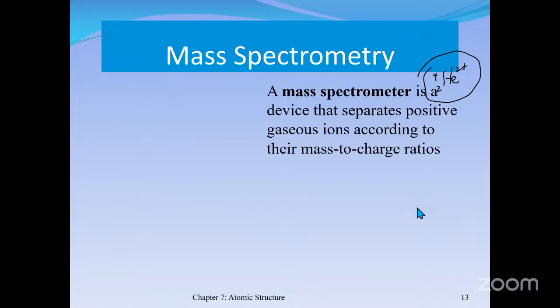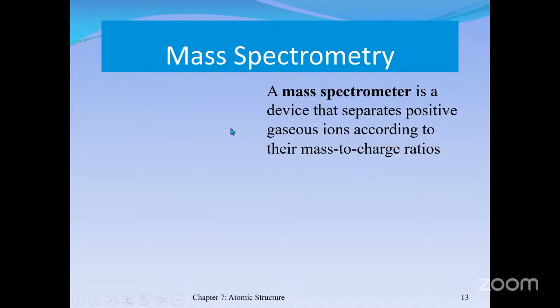Okay, let me clear this here to avoid any confusion. So let me talk about mass spectrometry. Now, mass spectrometry is basically a technique which is used to determine the different isotopes of an element, all right, based on their different masses. As you all know, isotopes are elements which have the same number of protons, but their mass numbers are different, and therefore their masses are different, all right? So basically, the mass spectrometer, which is the instrument used in this exercise, is used to separate the positive ions of the element according to their mass to charge